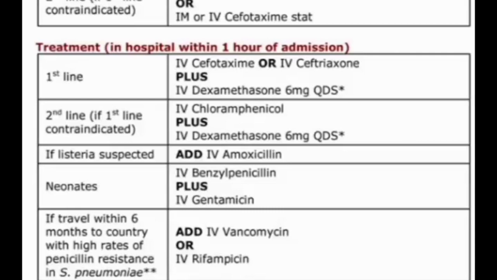Then the second line of drug is usually a cephalosporin group of drug. There may be ceftriaxone or cefotaxime. Firstly we will give the penicillin group of drugs. Then secondly we will give cephalosporin group of drugs. Example is ceftriaxone, cefotaxime, etc.